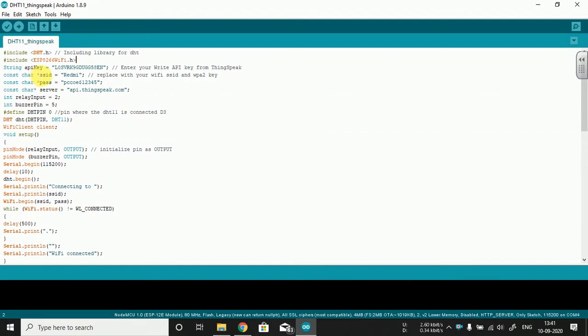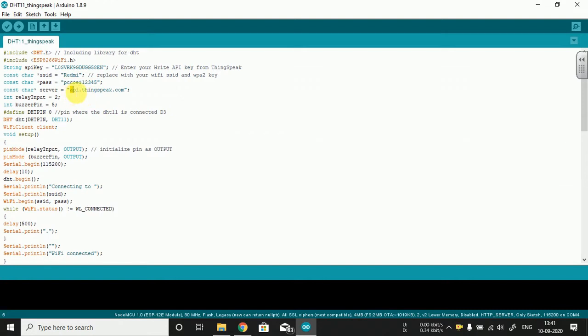Okay. Next, what do we need? We need a unique key from your ThingSpeak cloud. As I mentioned, if you go to your ThingSpeak cloud, in the respective API section, we can get the API write key. That write key you need to copy and paste in this particular section. What else do we require? We require the name of your hotspot, that is your Wi-Fi name, and the associated password for this particular Wi-Fi access.